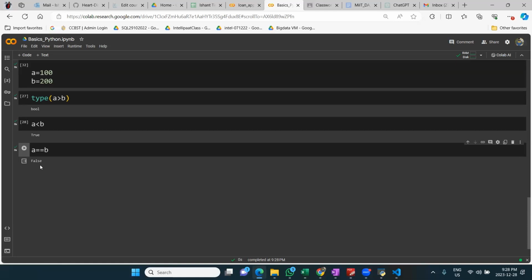Okay. So guys, right now what we are doing is comparison. Whenever we compare something, it will give me a Boolean value. So we use the Boolean data type when we compare two variables. When we compare two variables, it will give us a Boolean value, Boolean data type. So next thing,